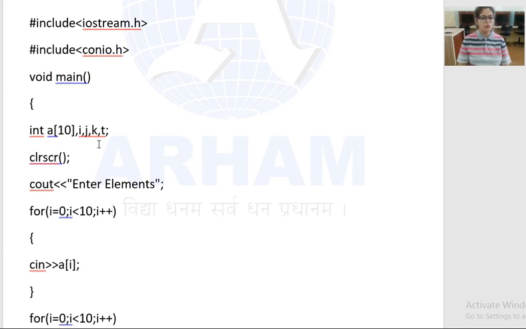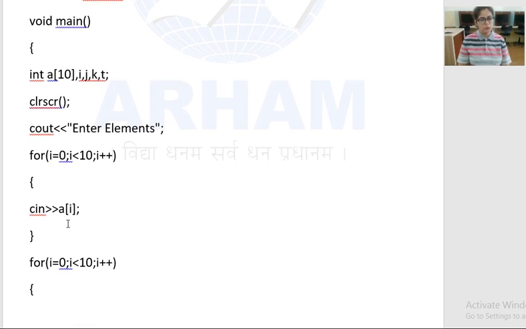First of all, you have to declare the variables. Then apply a for loop to enter the 10 numbers, giving the values of the 10 numbers by using cin.